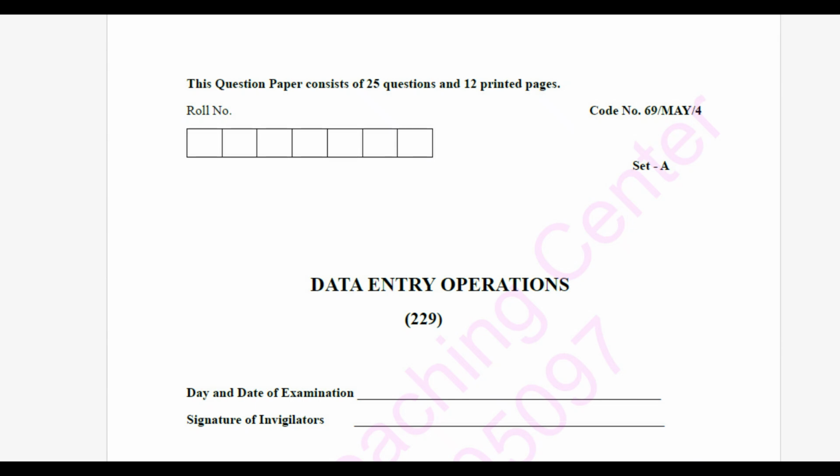नमस्कार दोस्तों। आज की वीडियो में हम क्लास 10th का डेटा एंट्री ऑपरेशंस का एग्ज़ाम पेपर हल कर रहे हैं, जिसका सब्जेक्ट कोड 221 है। ये पेपर अप्रैल 2025 का है और ये सेट ए है और जिसका पेपर कोड